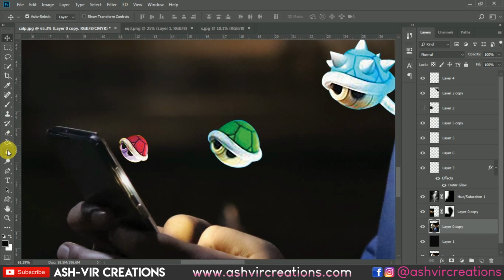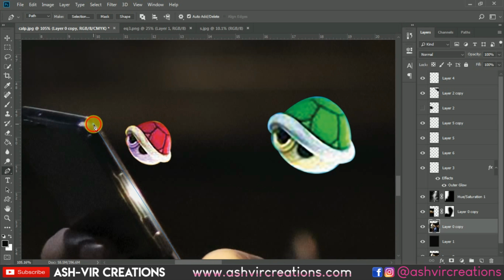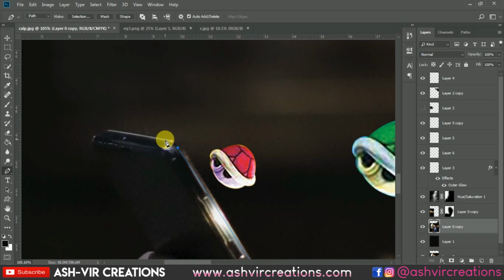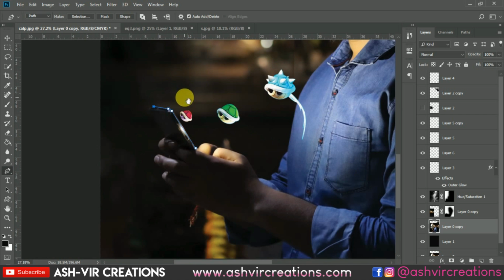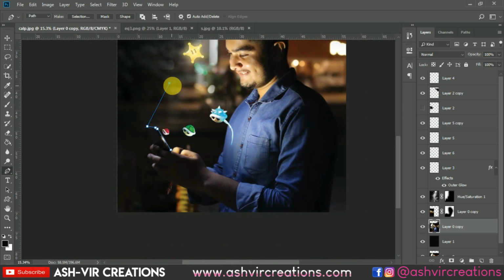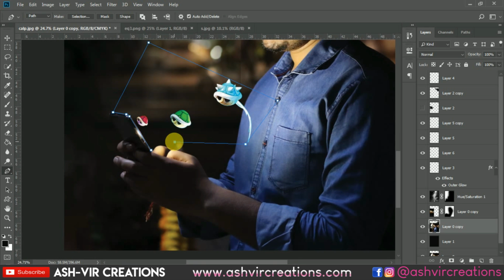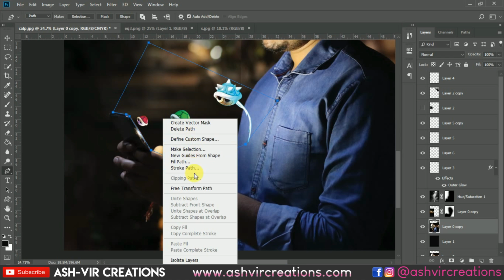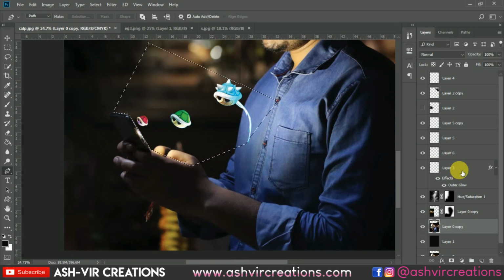Now all you're gonna do is just select the pen tool, and we're gonna make a reflection of a light coming from the mobile phone. So we have to create that kind of lighting effect in the photograph. So we're gonna just use the pen tool and just select this area where you want to add this effect. So let's just select this kind of area from here to here and right click on it and select make selection option, or you can directly press Ctrl Enter from the keyboard to make a selection of this particular